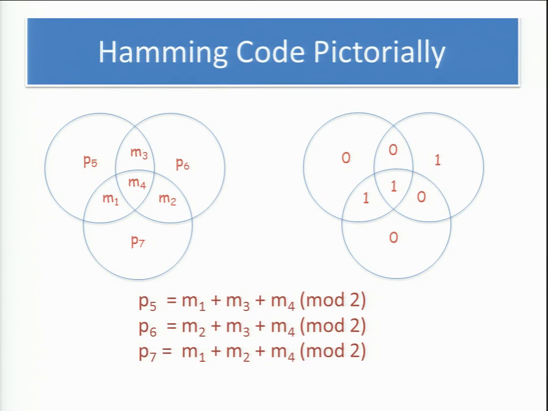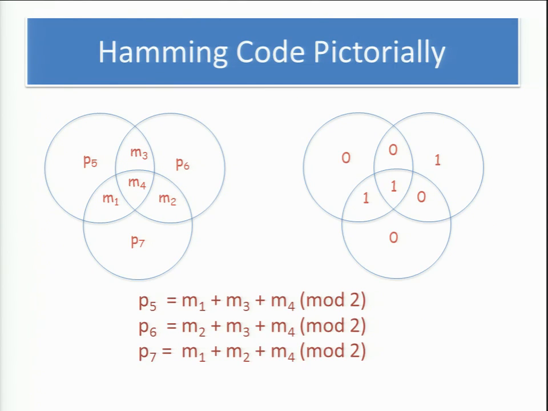And this arithmetic is called mod 2 arithmetic. You are aware of mod 2 arithmetic? Yes? So 0 plus 0 is 0, 0 plus 1 is 1, and 1 plus 1 is a 0. That is mod 2 arithmetic. So here P6 is the sum of M2, M3, M4, and P7 is the sum of M1, M2 and